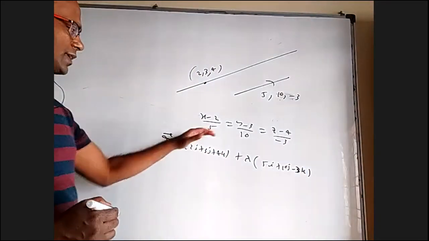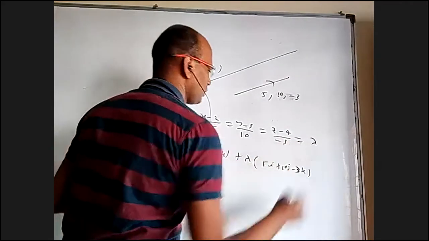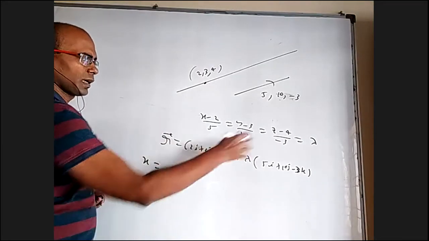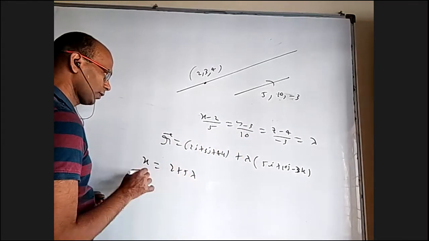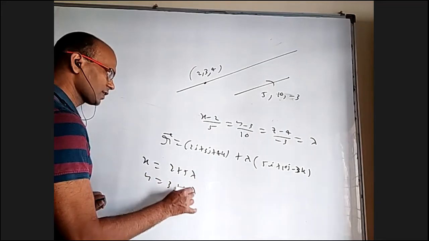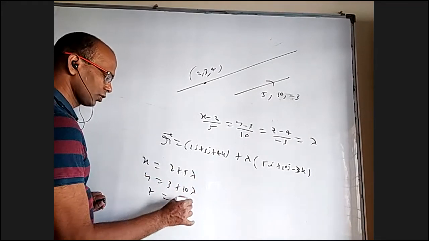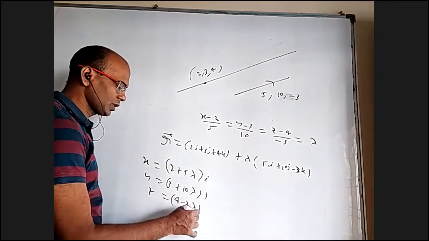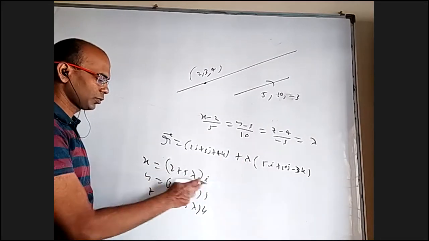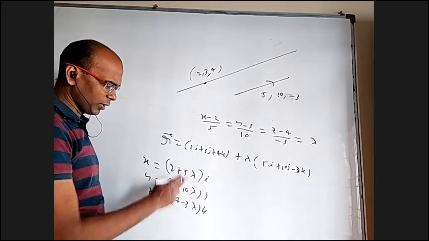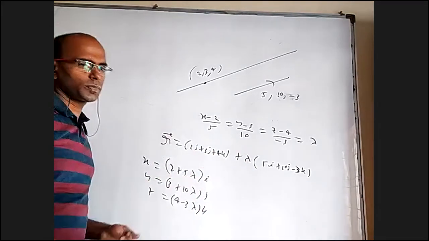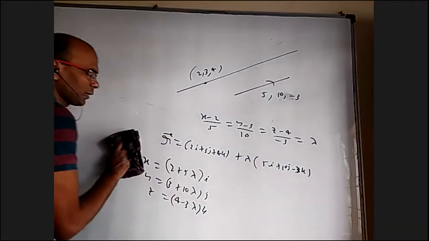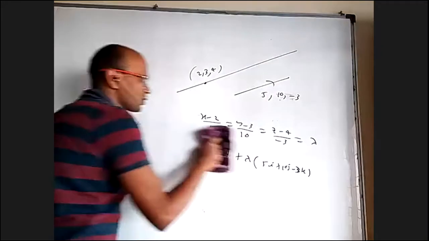Okay, both are the same. If you take it equal to lambda, or open it up, it is the same thing. For example, if you equate, what will come? x is equal to 2 plus 5 lambda, y is equal to 3 plus 10 lambda, z is equal to 4 minus 3 lambda. If you multiply this with i, this with j and this with k, and combine, exactly this will come: 2i plus 3j plus 4k plus lambda common, 5i plus 10j minus 3k. So I'm just showing you vector way versus 3D way. This is a point and a parallel vector, or point and DRs are known.